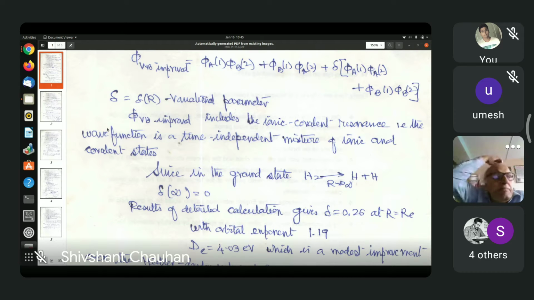And we can also make some nonlinear variation on the charge of the electron, because the electrons will not feel the charge as exactly 1. There will be the effect of other electrons and the other nucleus. So the optimized orbital exponent for these terms will be 1.19. So this is some improvement on the original valence bond theory.